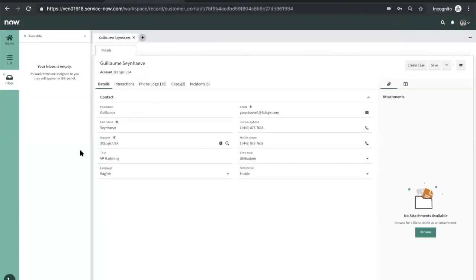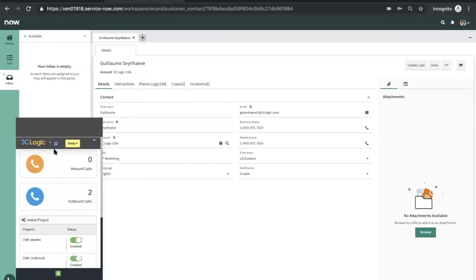But what we're going to use for today's purposes is the ServiceNow agent workspace. So in this case, I'm solving purely for what would be a day in the life of an agent, and how do I manage not just the native digital channels that ServiceNow has, but also incorporate voice as a complement to those two. So the way to look at that is, first and foremost, 3CLogic has its own integrated CTI